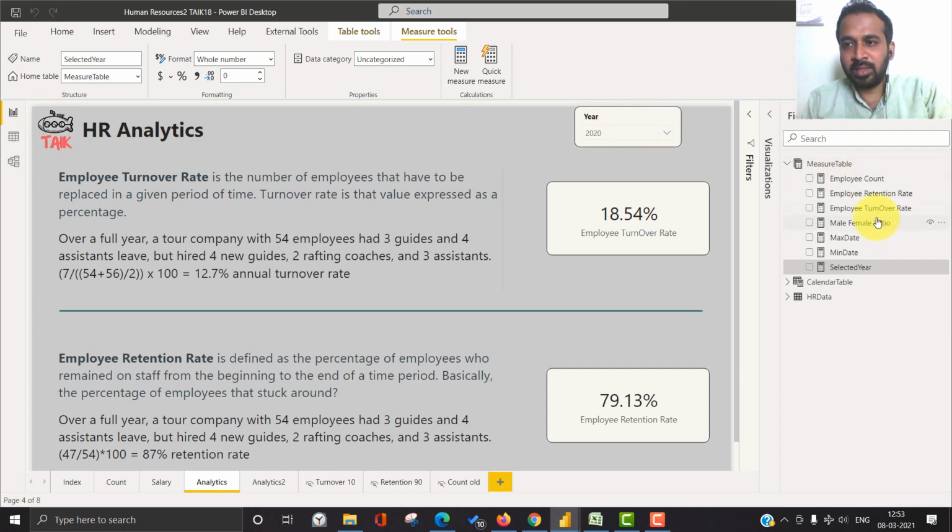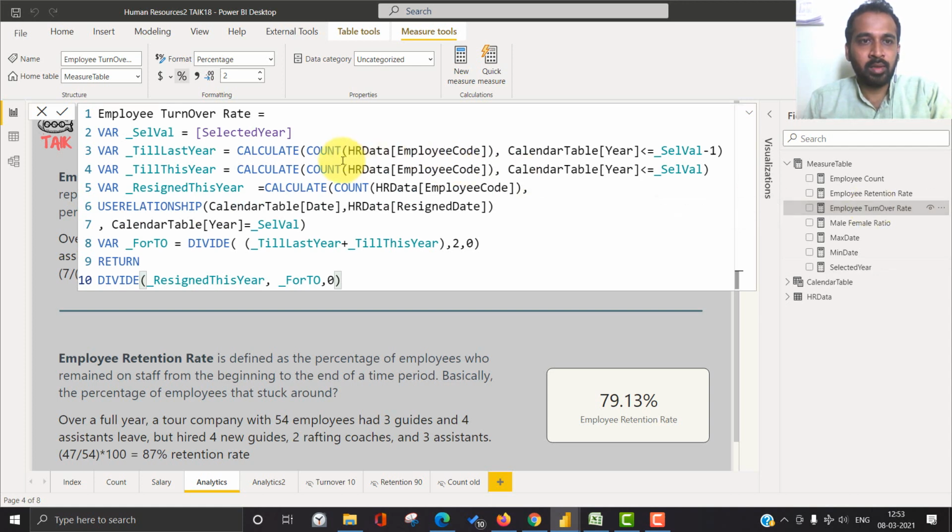So going back again here, employee turnover rate. The first thing here, I am just taking in a variable the selected year and then the value till last year. So calculate count of HR employee count, or I can just use the measure written here for employee count. Both of them are same.